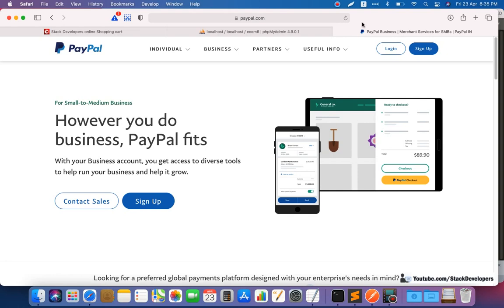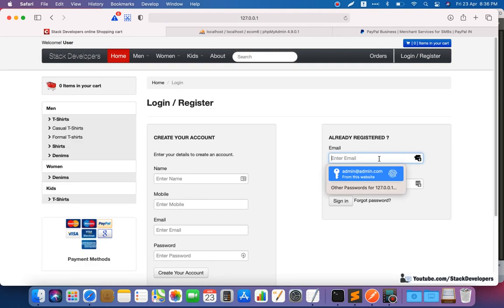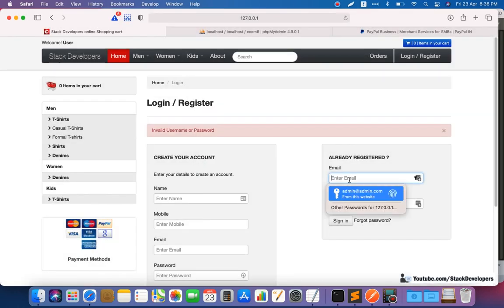So finally we will start working on the payment gateways. We are going to integrate the prepaid method for the first time in our e-commerce series. Earlier we have integrated the COD. If I open the website and log in, I will show you once that we have integrated COD earlier, and now we are going to integrate the first prepaid method, and that is PayPal.